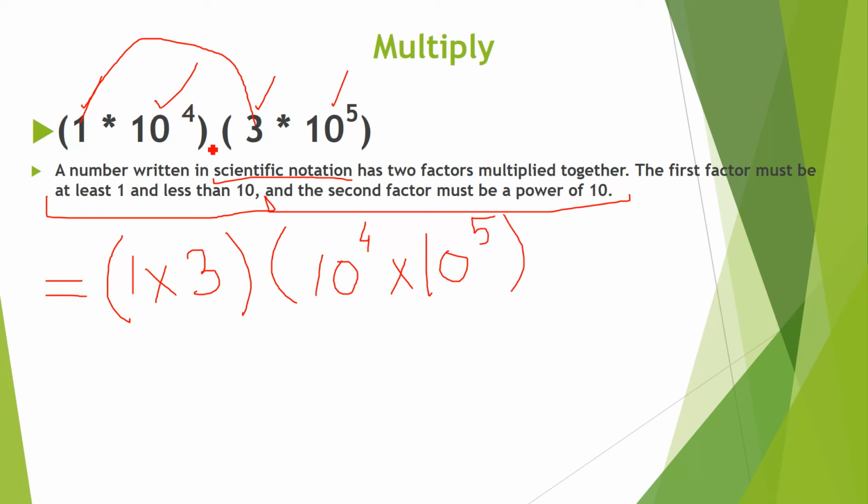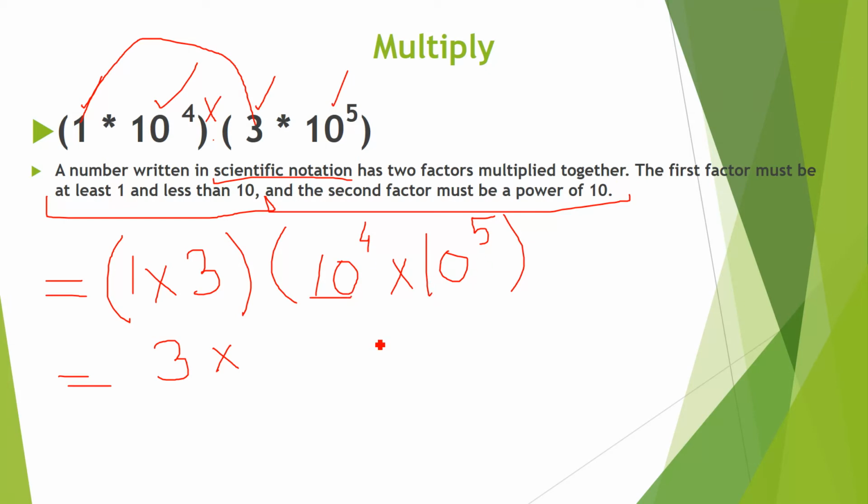One more thing: see, these are two parentheses and there is no sign, no negative sign, no positive sign, no division sign. It means if there is no sign between two parentheses, there is a multiplication sign. If there is a dot in your books, it also means you have to multiply. Dot means multiplication. You know this sign of multiplication, but if there is no sign, still you have to multiply these two parentheses. So 1 times 3,